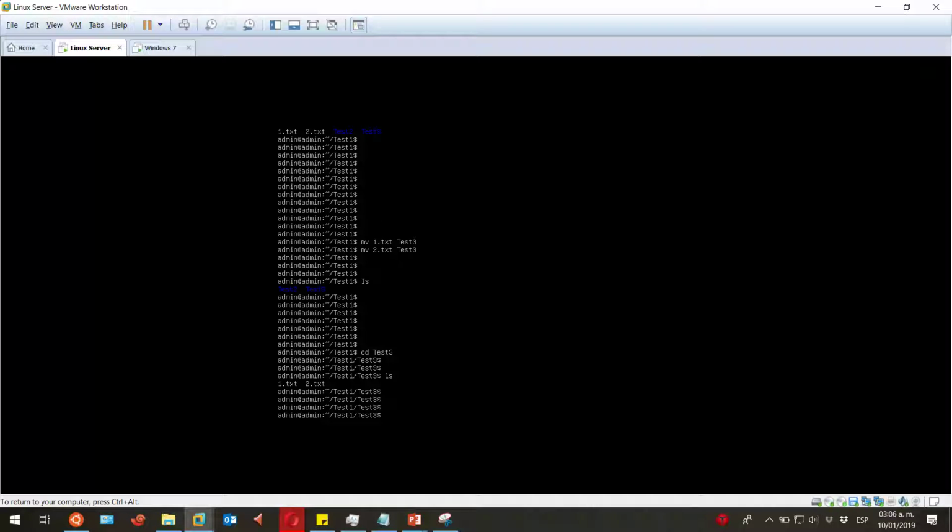But if we want to remove both files and directories, we have to type the rm command and then the name of the file, in this case 1.txt and 2.txt. Let's see that the files are no longer here. Let's go back to the directory test1 to see that we have the 2 other directories that we created, and